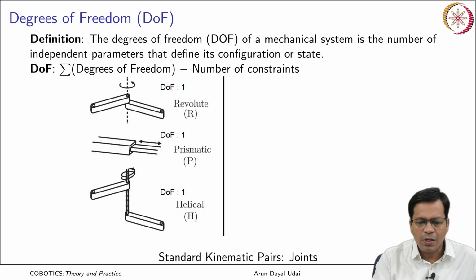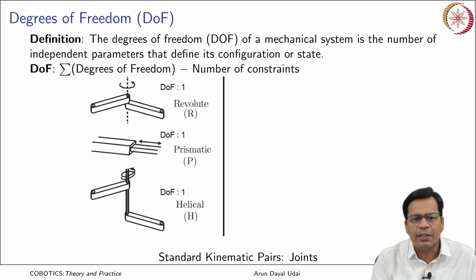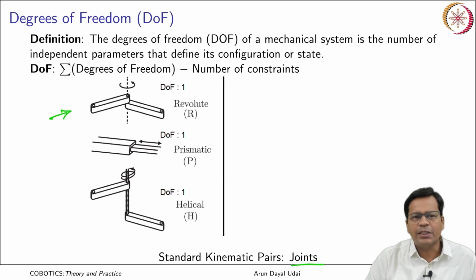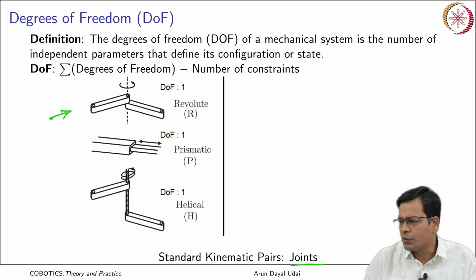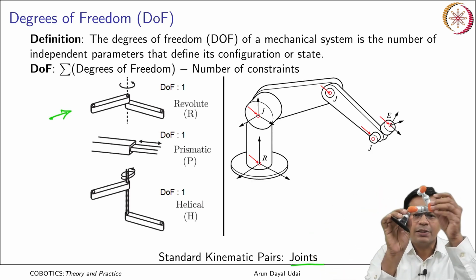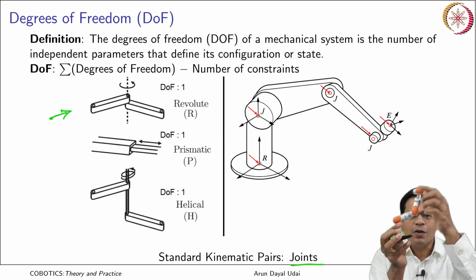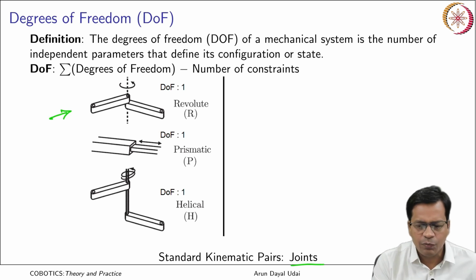Now let us look at the various degrees of freedom which could be there in any joint, the standard kinematic pair, which is called a joint in the case of robots. A revolute joint is normally there in any revolute jointed robot. If it is a robot like this, it may have a joint here, a joint here, multiple joints which finally make it up. These joints are normally revolute joints.